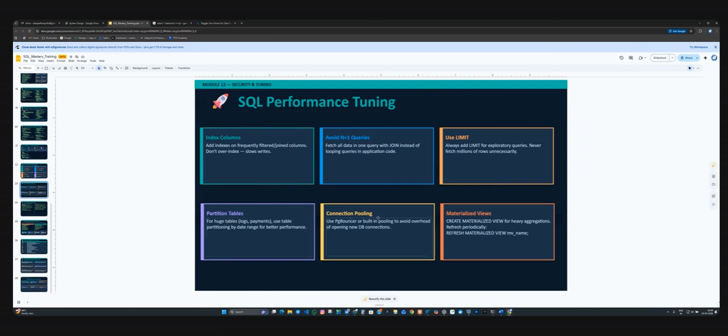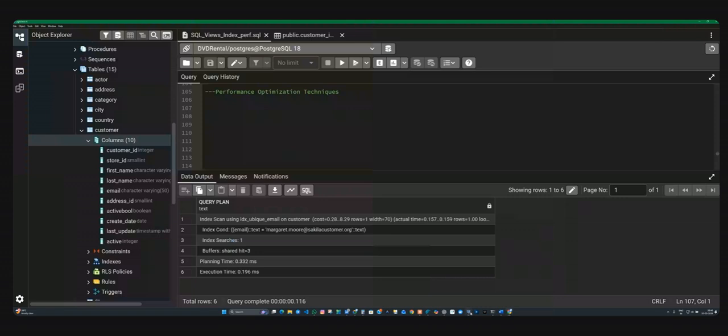And connection pooling. This is what I was telling you: you should see how many connections your Postgres currently has, how many people are connected. You need to know all these things. If you go to your dashboard here,